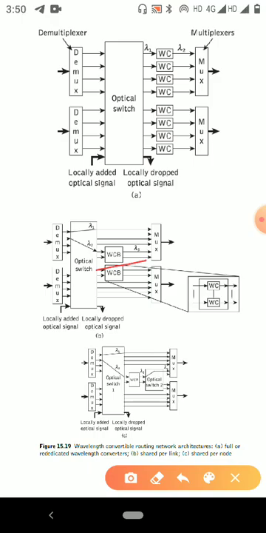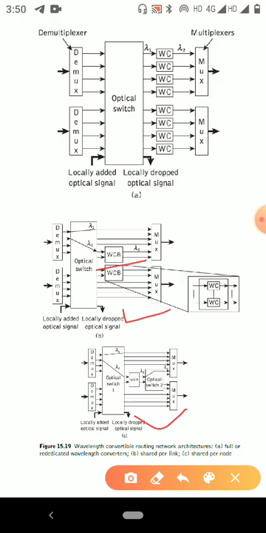Wavelength converter bank functioning on a shared basis per link and per node, as shown in figure B and C respectively. The arrangement of wavelength converters organized in a WCB is illustrated in the inset to figure B. This figure depicts WCB servicing the optical fiber link, where only the required wavelength channels are switched through the WCB. The wavelength channel lambda 2 is converted to wavelength channel lambda 3.